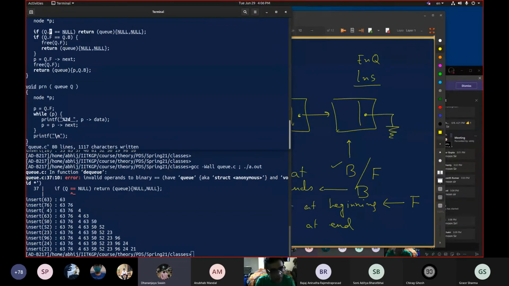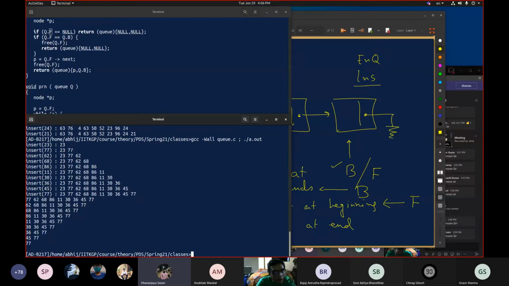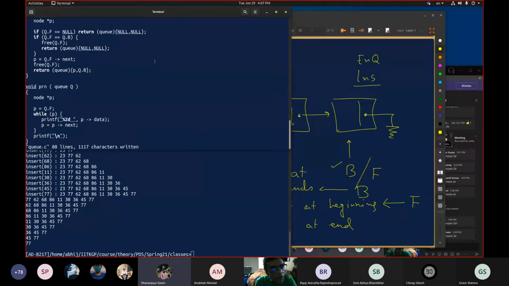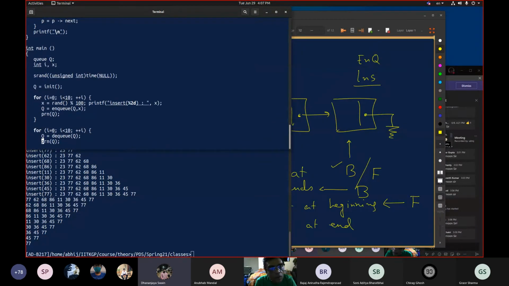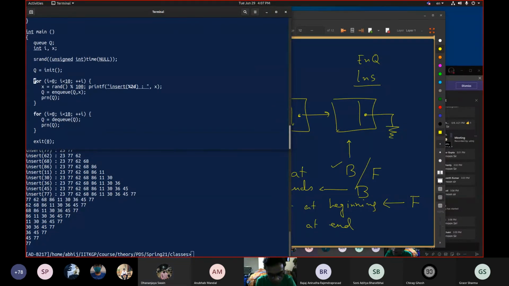Q cannot be null. Oh. So instead of insert, I write NQ, because that is the correct thing. And here maybe I write